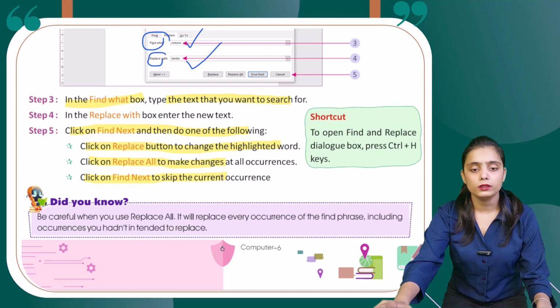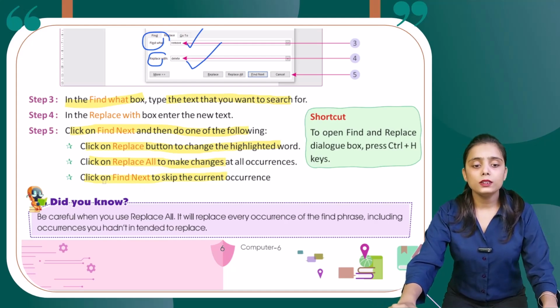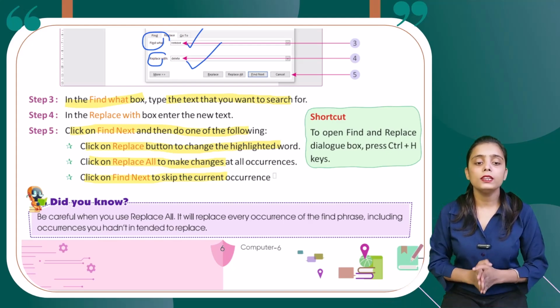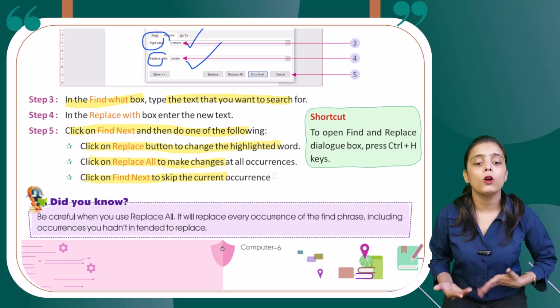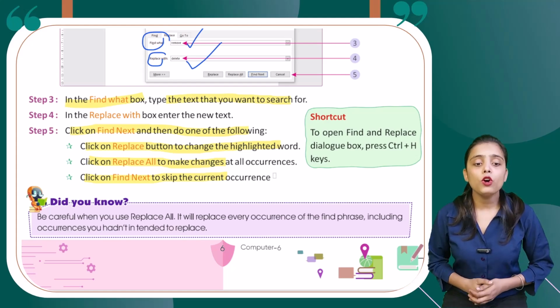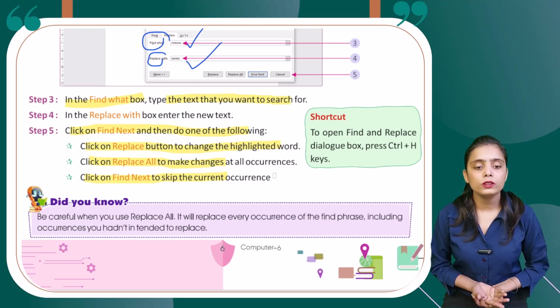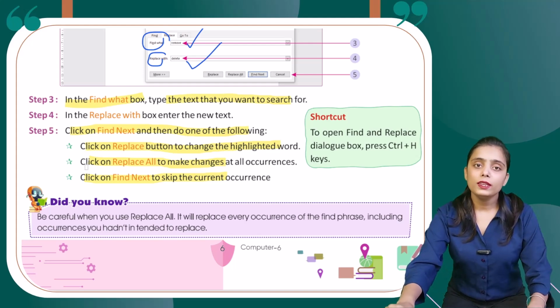current occurrence. So now let's see the third point, that is, click on Find Next to skip the current occurrence. Now students, here we have seen 3 options, that is Replace, Replace All, Find Next. Okay. So from these three options you can choose any one option, and you can see the changes in your document. Now the shortcut key to open the Find and Replace dialog box: press Ctrl H